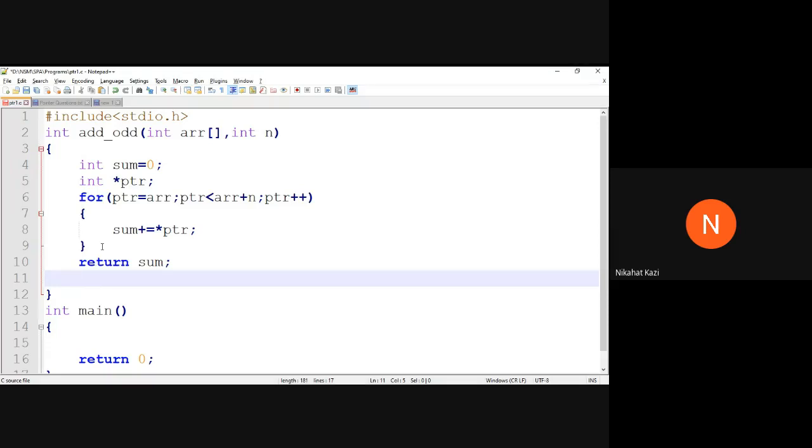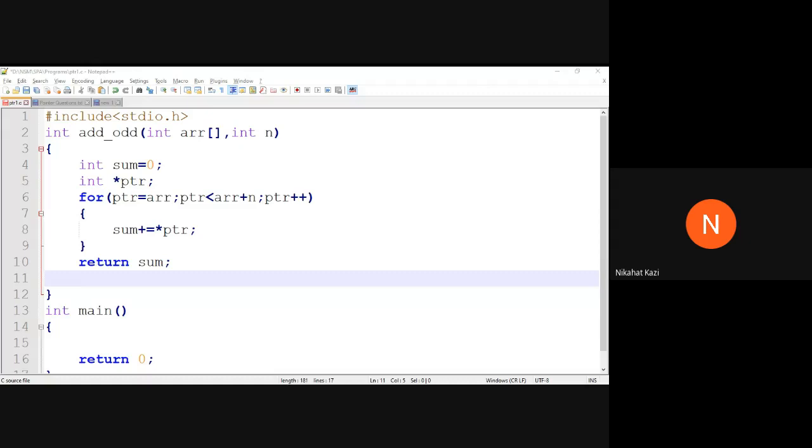But is the solution correct? No, it is not.